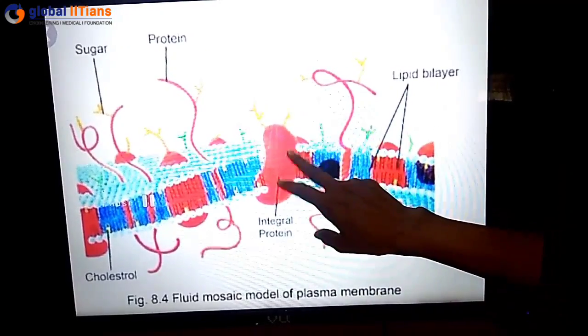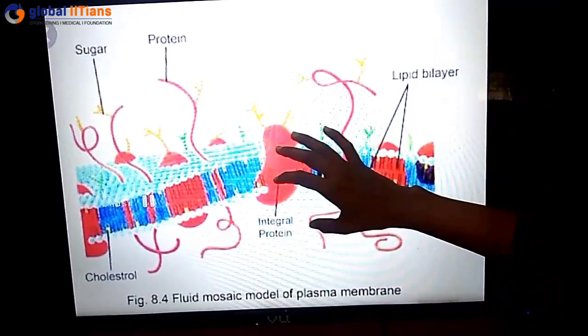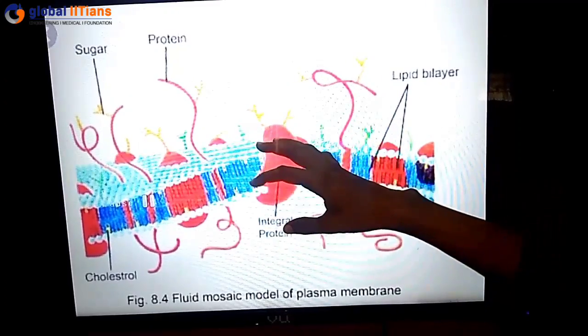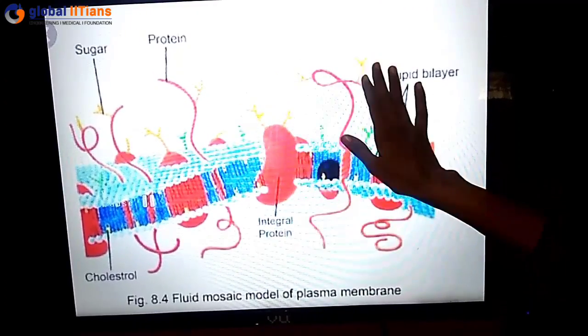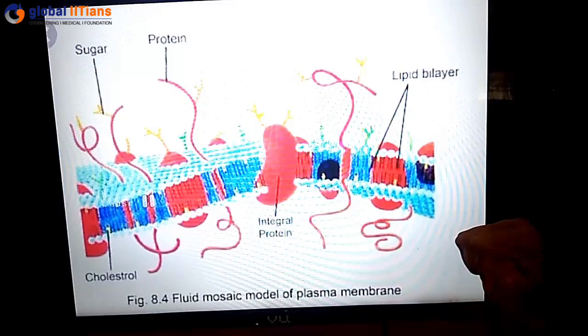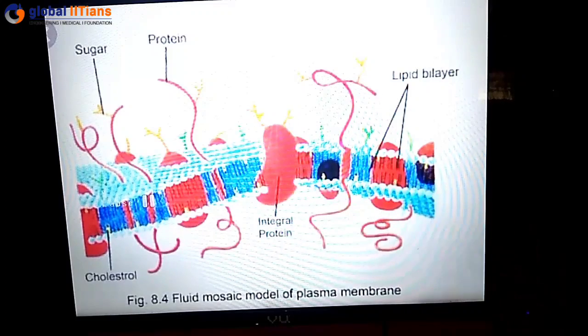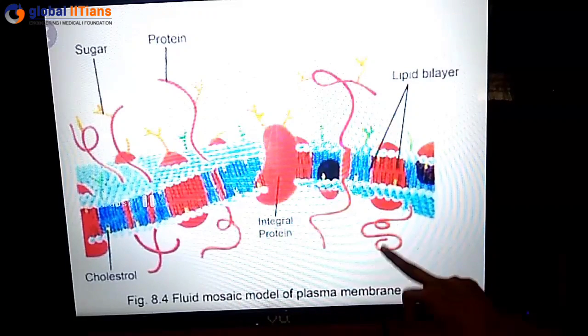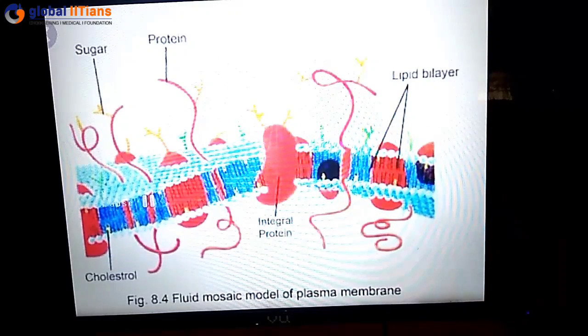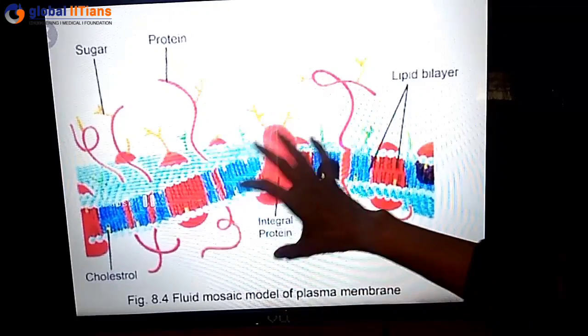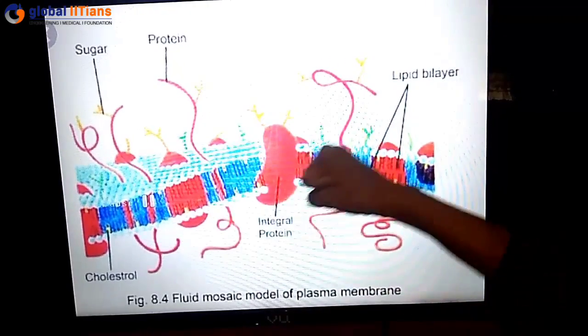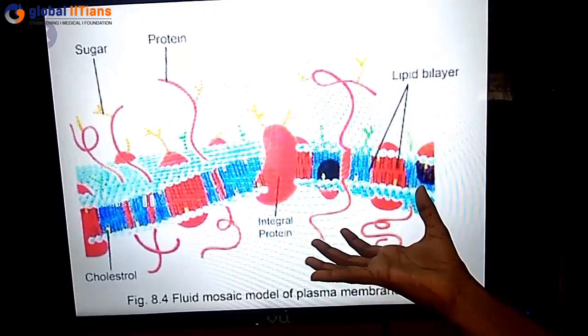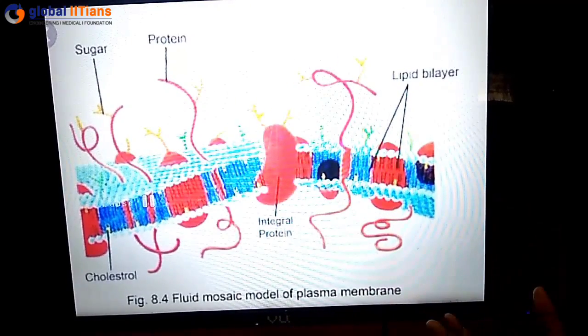So students, one more thing to add about the cell membrane structure. Later on, a nice improved model of the structure of the cell membrane was proposed by Singer and Nicholson. This is the most widely accepted model, the fluid mosaic model of the plasma membrane. The fluid mosaic model is how scientists describe what the cell membrane actually looks like and functions like. It is found that it is a bunch of different molecules which are floating inside the cell component.